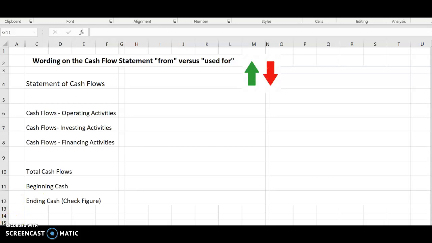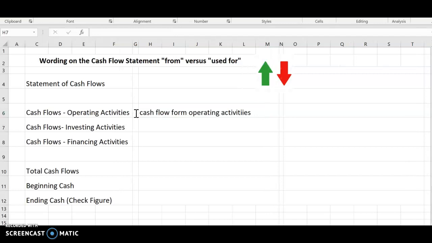So why do we need to know about this from versus used for? Well, for operating activities, we may have a net increase or net decrease from operating activities, and sometimes on the test, there may not be a plus or a minus. You'll need to look at the words to see. So let's say for operating activities, if it were to say cash flow from operating activities,